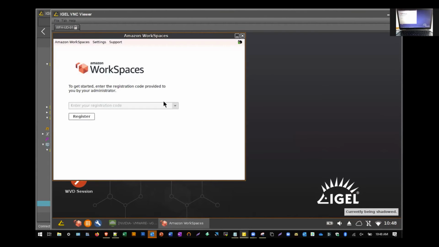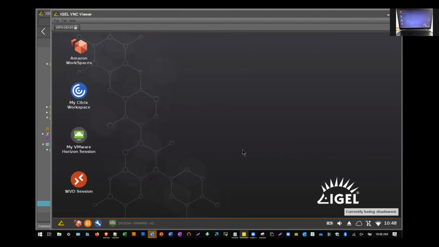So here I can quickly bring on my Amazon Workspaces. I would have to get my registration code, but then you could log in and you could actually run it from there. So very quick and easy abilities to run those cloud workspace applications, depending on what your flavor is and what you have set up. Again, great for situations with someone like Amazon that's actually offering 50 free desktops to be able to do that.